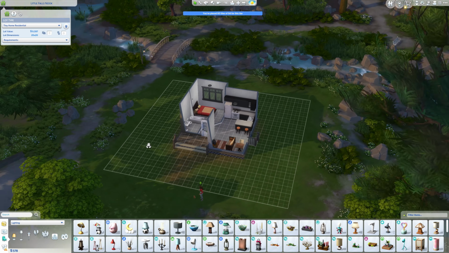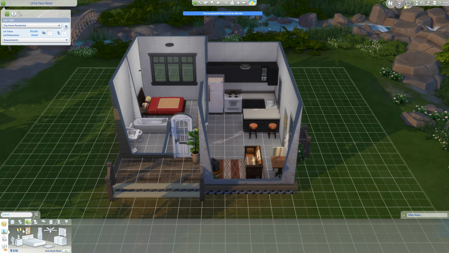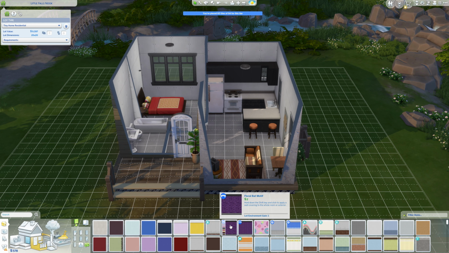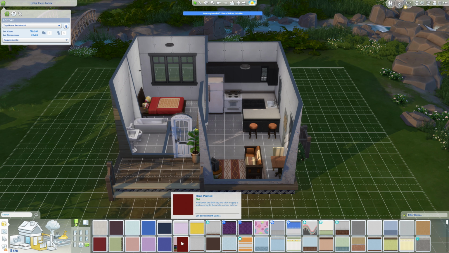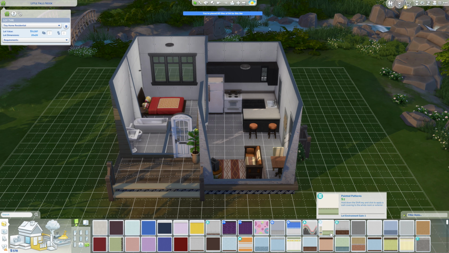So, okay, we've got 500 simoleons left. Let's get the flooring down. I've done this in a very weird order, but... Okay, where are we with... Right, this is all of them. Least expensive is 2 simoleons, so...